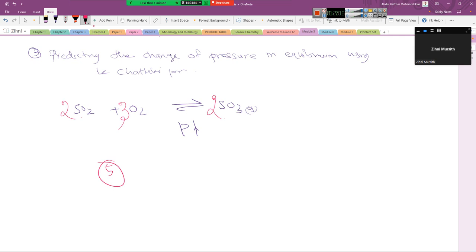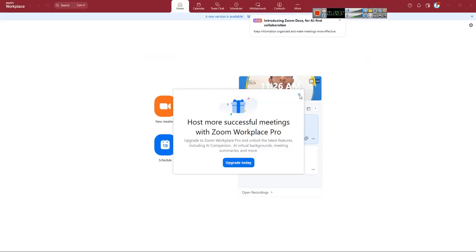And here the stoichiometric mole number of the product is 2, right? So when you increase the pressure, right? So when pressure is increased, the theory says, Le Chatelier told us that the equilibrium will move in the direction in which